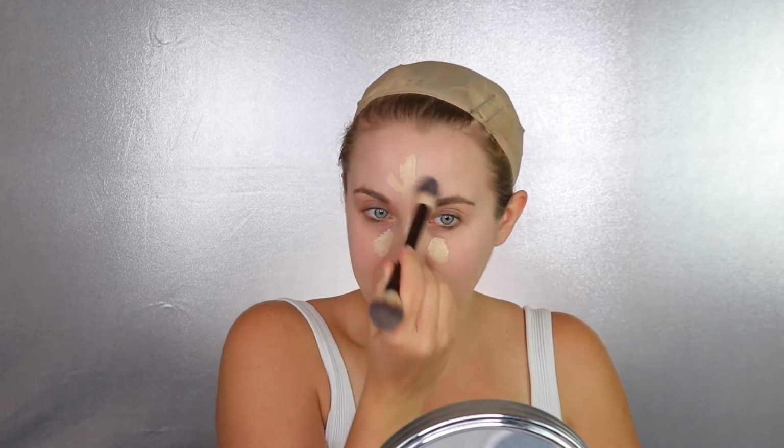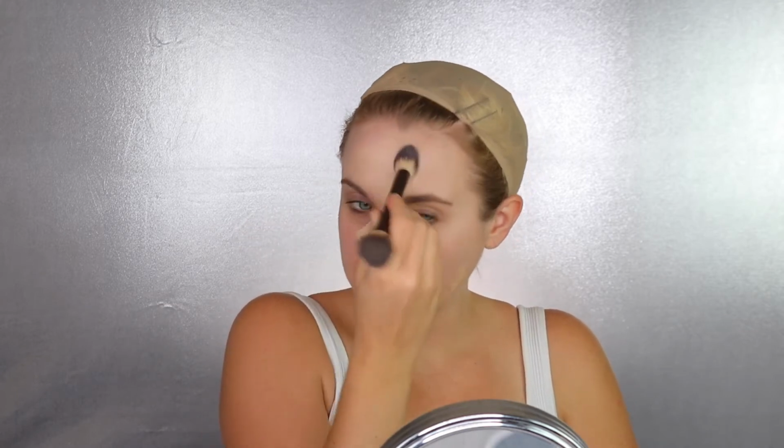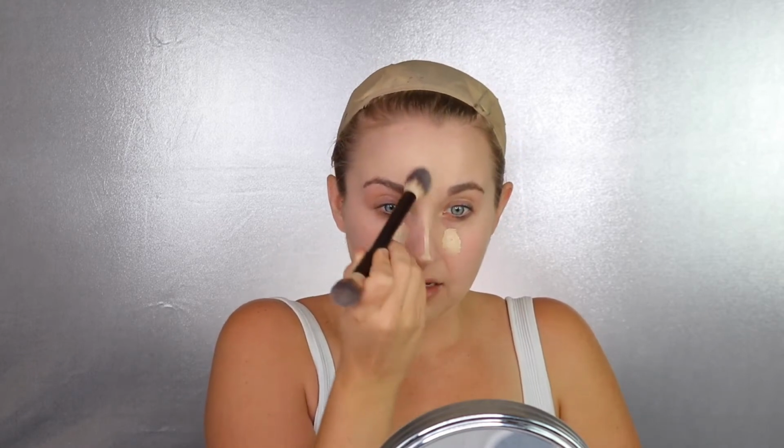And then I'm going to take my favorite Hourglass dual-ended brush. And I finally figured out, after looking it up, because they don't put the name on the brush, it is the Ambient Lighting brush. So, highly recommend this shape at least, but if you get it from Hourglass, then kudos. Okay, so now that the complexion is nice and clear,